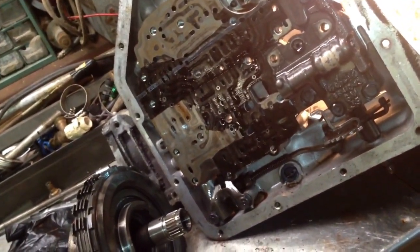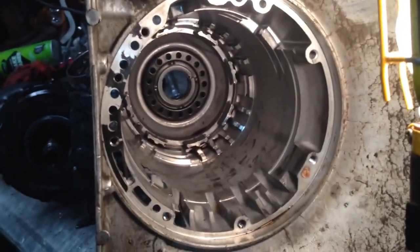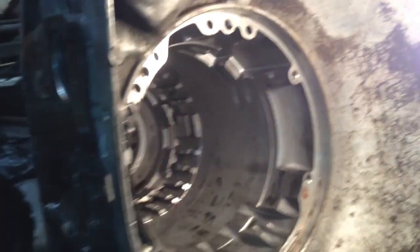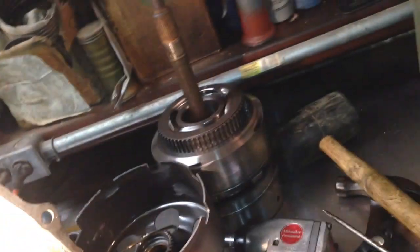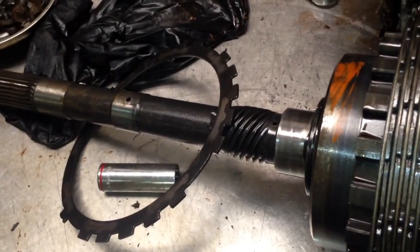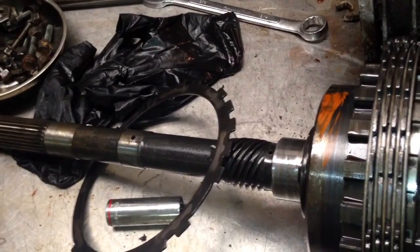I might just pressure wash it. But it's almost completely apart so far. Everything's good on it. The only issue I found, of course I haven't taken any of the drums apart, was that one clutch in there. These clutches are all good. So I think this transmission was probably just starting to slip, and it may not even have been noticeable yet, but